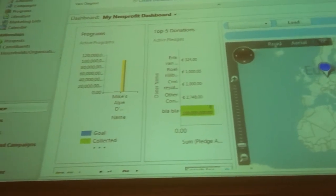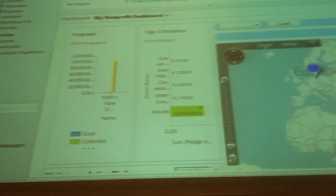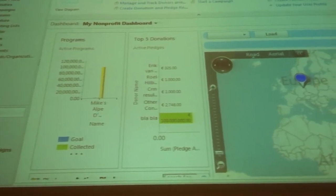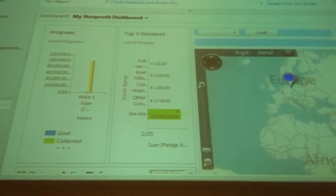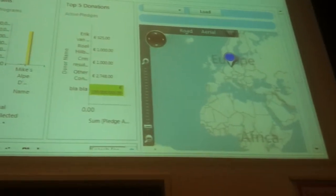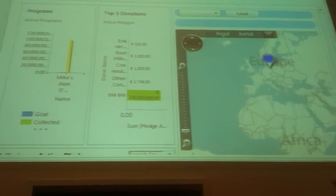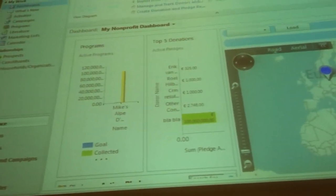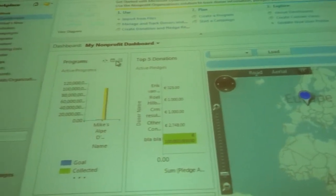But because they did it, we can just now pick it up, and suddenly we have a non-for-profit fundraising application. It took us literally 3 hours to get this thing running. Yeah, even with bug fixing. So it's just crazy. So we took another accelerator, the Bing Maps accelerator, which is now showing us where the donations are being made. We did a couple of own tweaking. We integrated Twitter. We did some other things, and then we built the mobile application to go with that. This now shows us things like